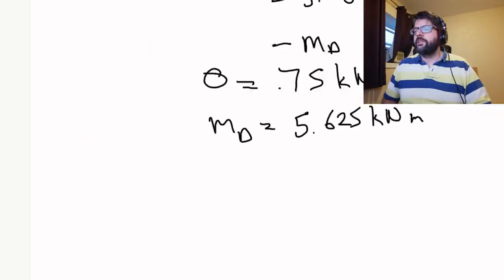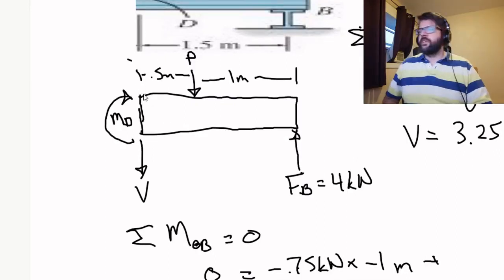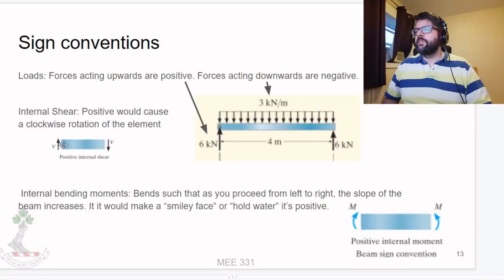So going back here, we got V here, pushing downwards on this side. So that would actually be causing a counterclockwise rotation of the element. So based upon those definitions, the shear force here is going to be negative, whereas the internal moment